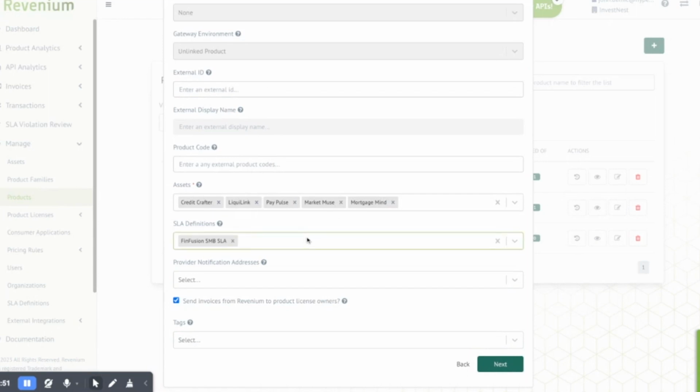Because the pricing for this API is potentially higher, and the target segment are small and medium-sized businesses, InvestNest has chosen to adhere to SLAs around the latency of the large language model in terms of how long it takes to respond to queries, as well as the response codes. And in the event that either of those are violated, there's the ability for InvestNest to offer a refund to a particular client who was impacted by an SLA violation.